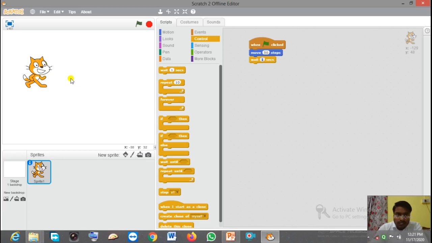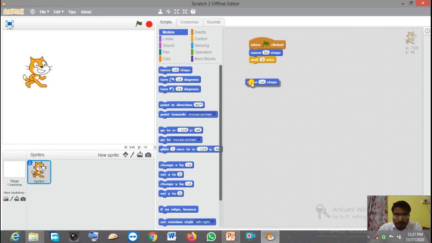So here you can see the wait command, and you want this sprite to wait for 3 seconds. Then you want this sprite to move in backward direction by 50 steps. Now I have given the command to move in forward direction by 50 steps, then this sprite will wait for 3 seconds, then this sprite will move in backward direction by 50 steps.